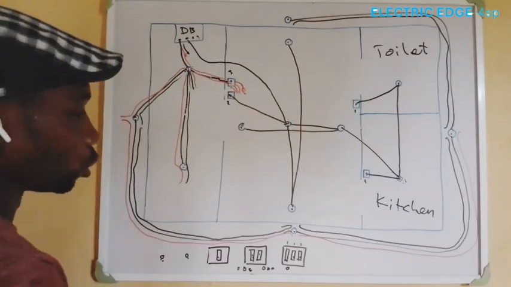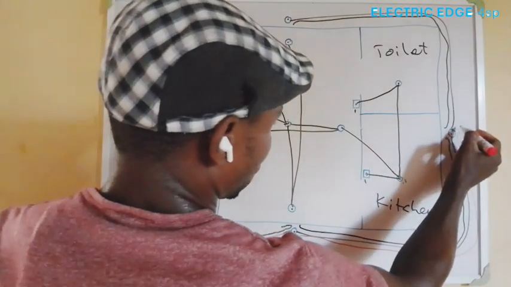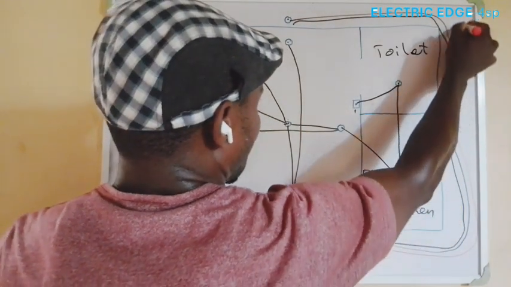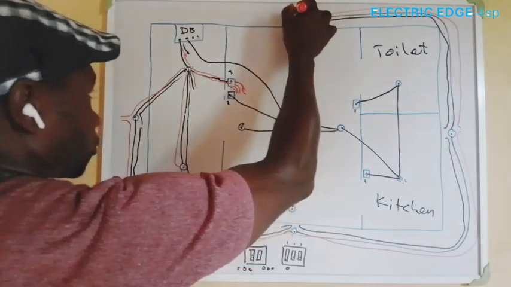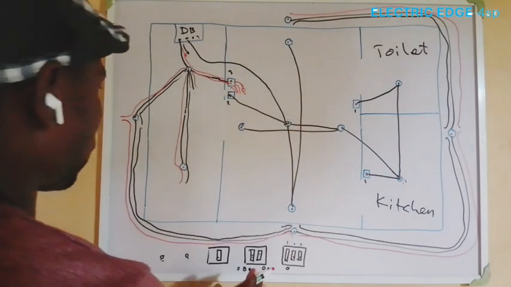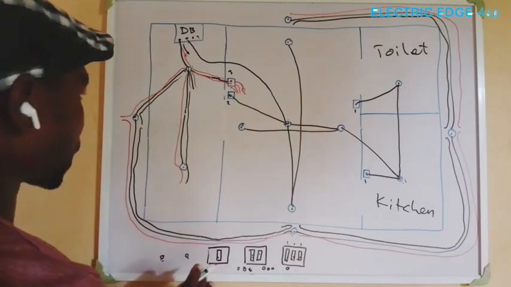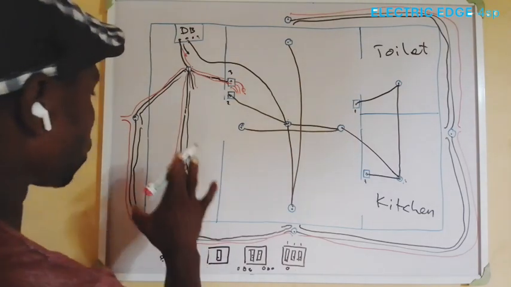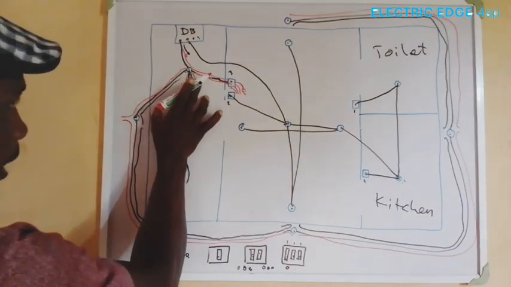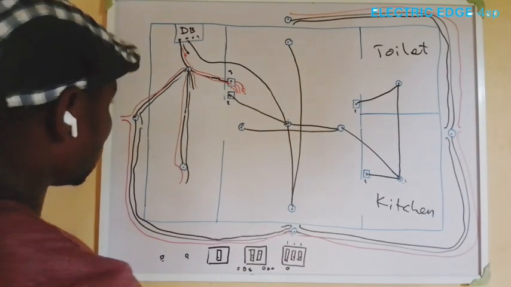The same goes with your red. Your red will continue like that to this point. I hope you are following. If you are not following, if you want to grab the knowledge, just go back to my explanation for this particular 3-gang. I said that the 3-gang switch,